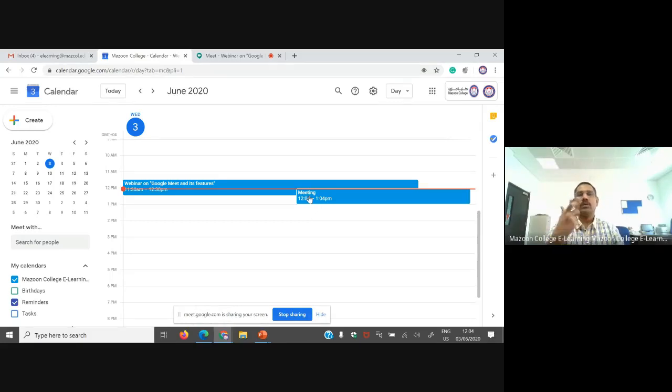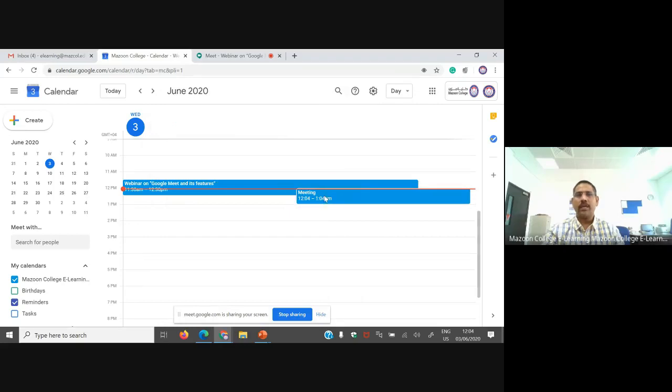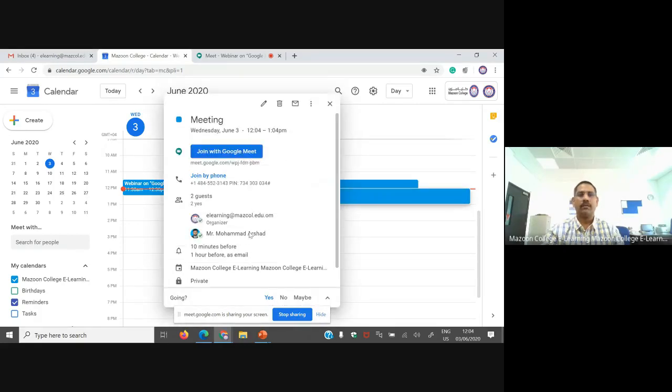Suppose you want to send the link to your people. Just click it, and there you will find the copy option coming down here. You can send this link to your friends. Yesterday I shared the link in our Moscow WhatsApp group. Same way, just click the link, your link will be copied, then type the text and paste the link, and it will be available. So how to get it? Just click it, and now you will get the link, everything. Okay, this is the thing.